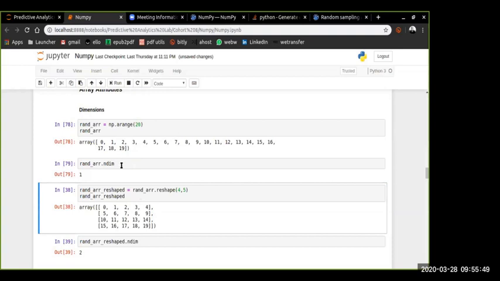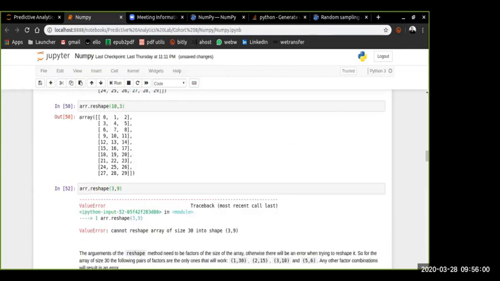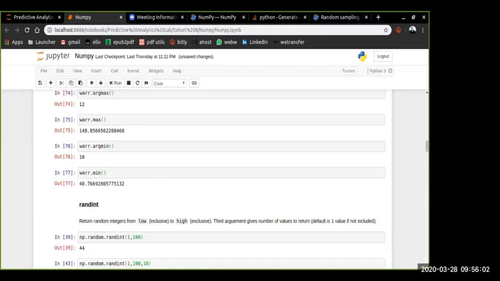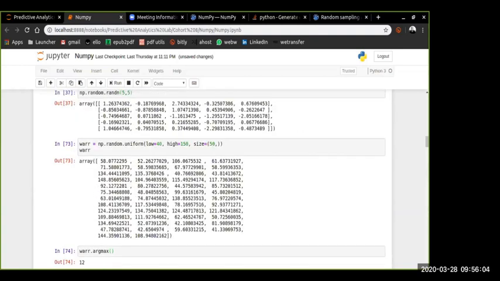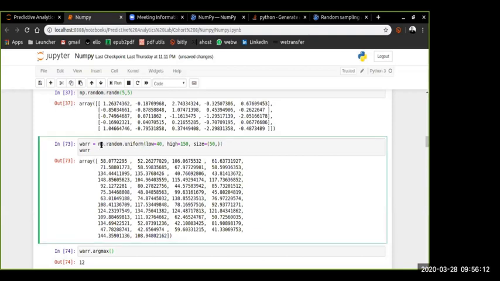And the argument is array.ndim, number of dimensions. How did you create the weight array? The weight array. Yeah. Oh, that was in an answer to a previous question. The question was how to generate an array of 50 values between a certain range and a second range. So basically, you just use this command